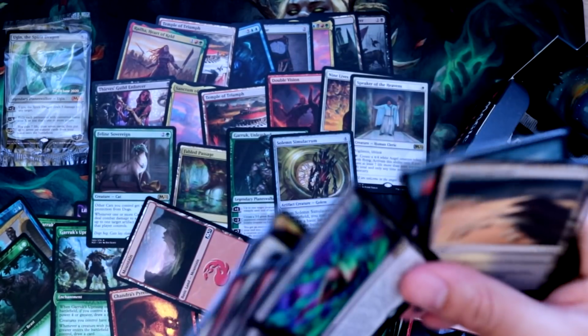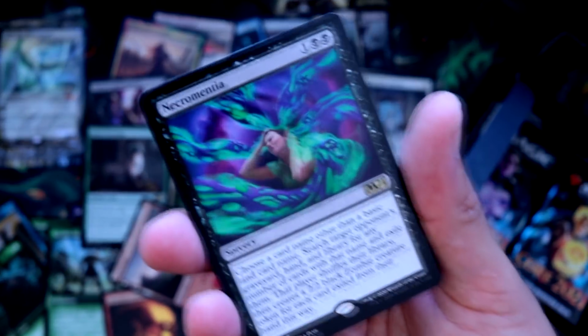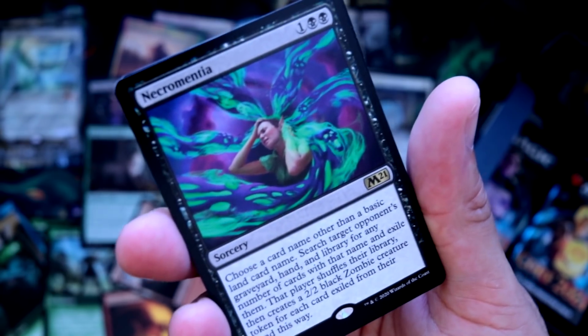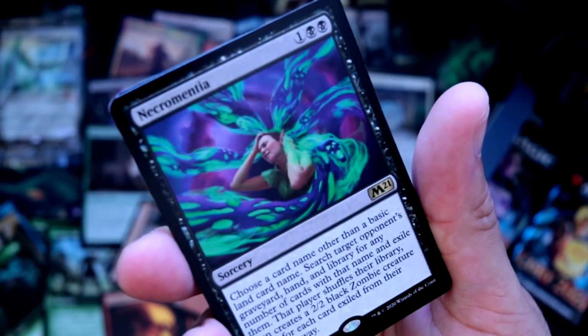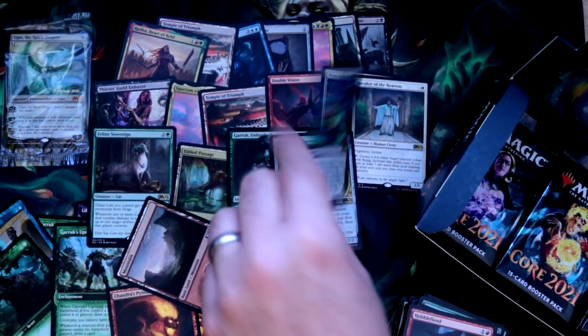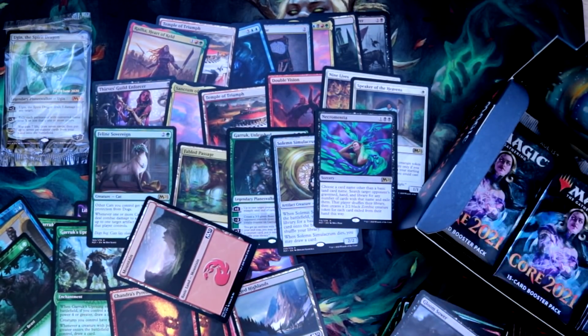Foil Mountain and Necromentia. It's another 3-mana exile and stuff in your library card. This is really popular as a design template now. Choose a card name other than a basic land, search your target opponent's graveyard, hand, and library for any number of cards of that name and exile them. Then your opponent makes a zombie for each one that you've done that way. We've had them before with like Unmoored Ego, where they draw a card. I think making a 2/2 zombie is significantly worse than drawing a card for the most part. So honestly,